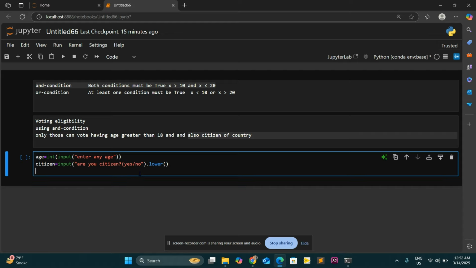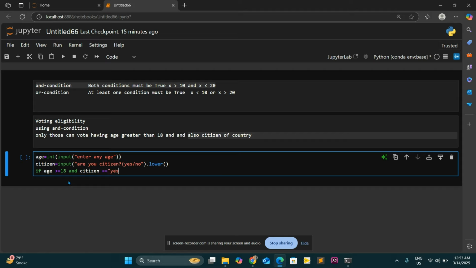Now the condition is implemented like this: if age is greater than and equal to 18, and citizen, if the answer of the citizen is yes,